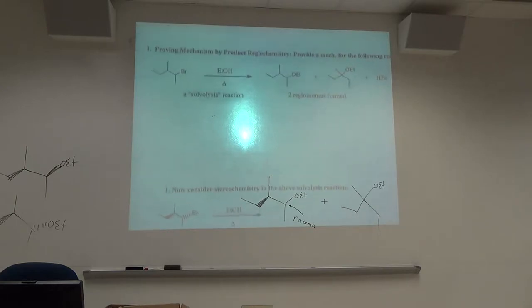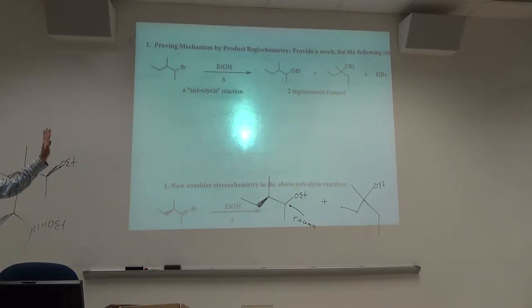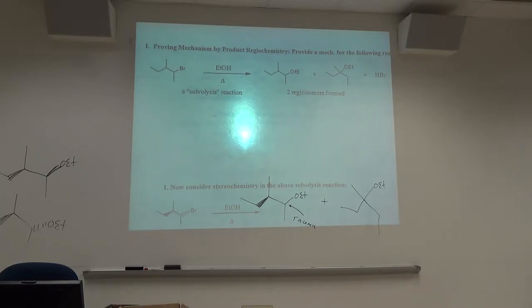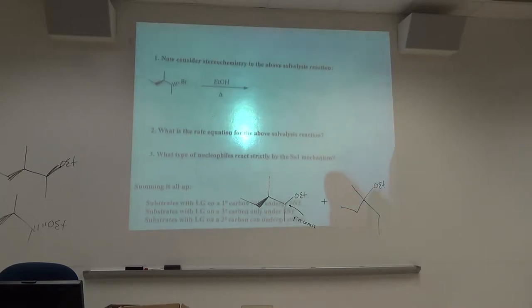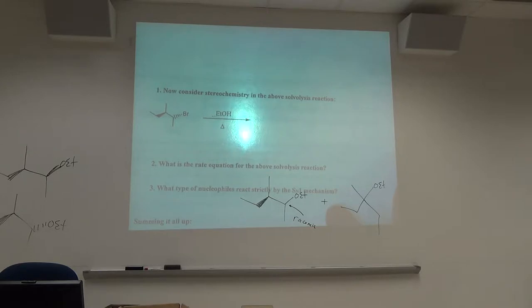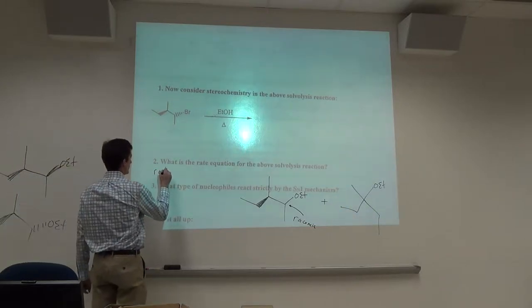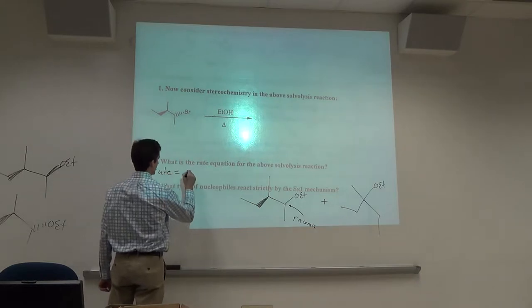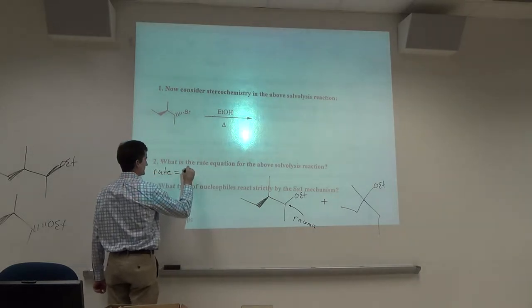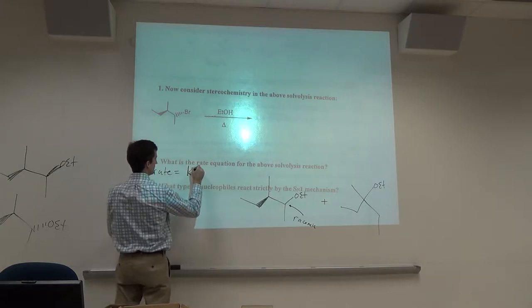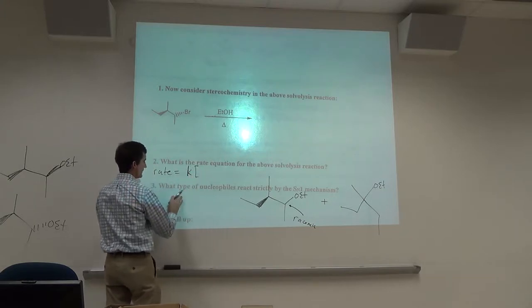So that's a good old example of an SN1 reaction, a solvolysis reaction. Not all SN1s have to be solvolysis. Here we just reacted with ethanol, which is a common solvent. There was no other reagent, so it's called a solvolysis. What's the rate equation for the above solvolysis reaction? Rate equals some type of constant times the concentration of